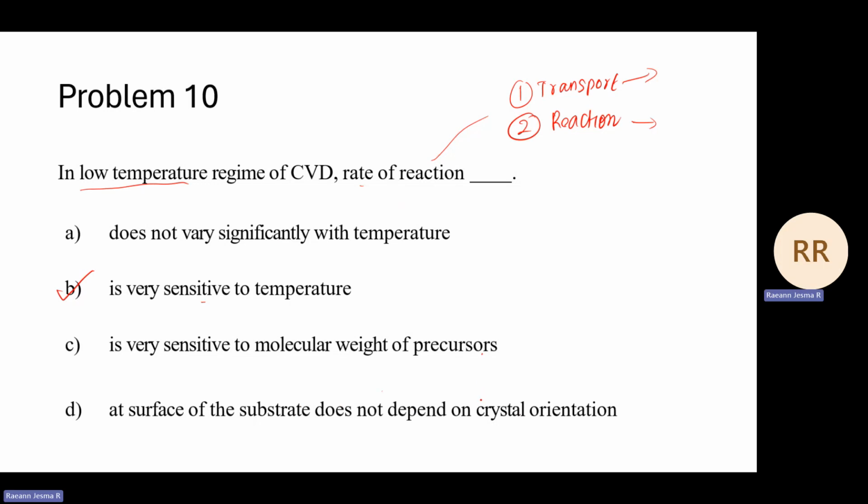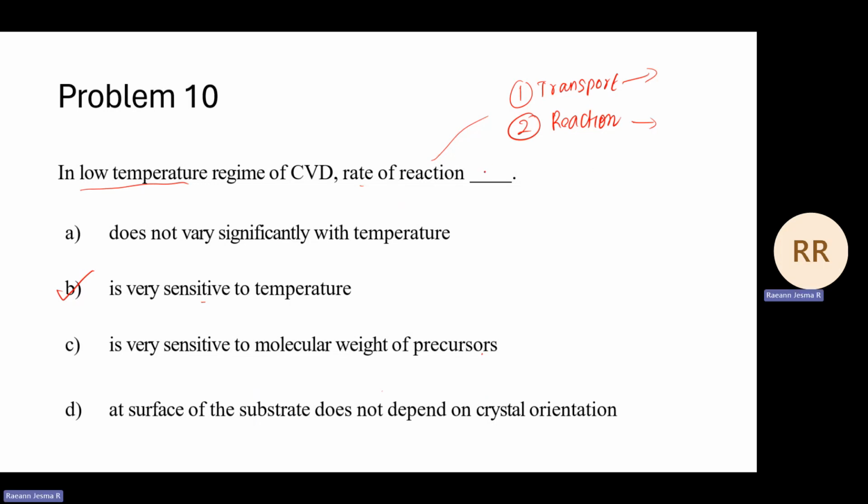If you are trying to grow any oriented film, the growth will happen at somewhat higher temperature, not at lower temperature. Like using LPCVD, if sufficiently high temperature is provided, then the film growth will have the same orientation as that of the substrate, but the rate of reaction does not have any direct dependence on the crystal orientation